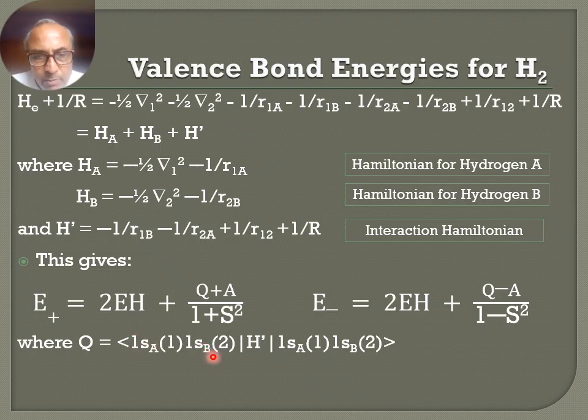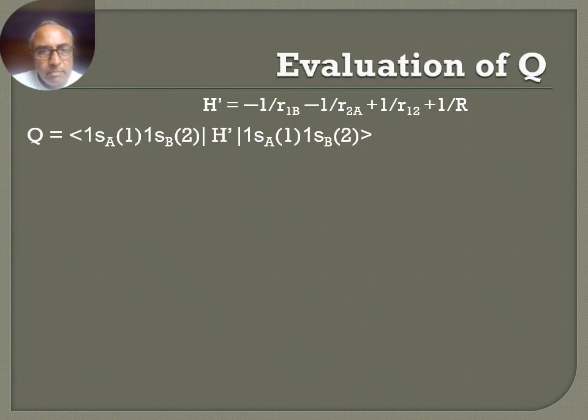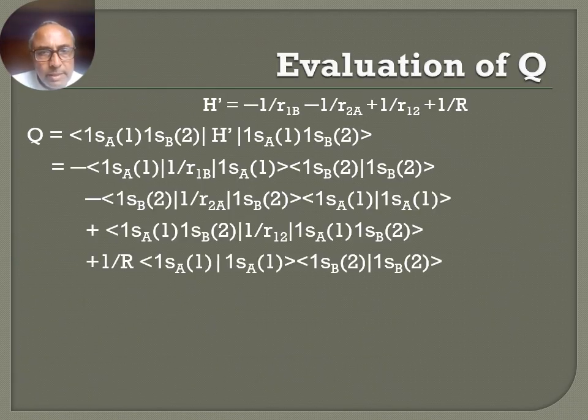Q is the integral bra 1s A1, 1s B2, H dash, 1s A1, 1s B2 ket, and A is the integral bra 1s A1, 1s B2, H dash, 1s B1, 1s A2 ket. Okay. We can then evaluate the integral Q, and